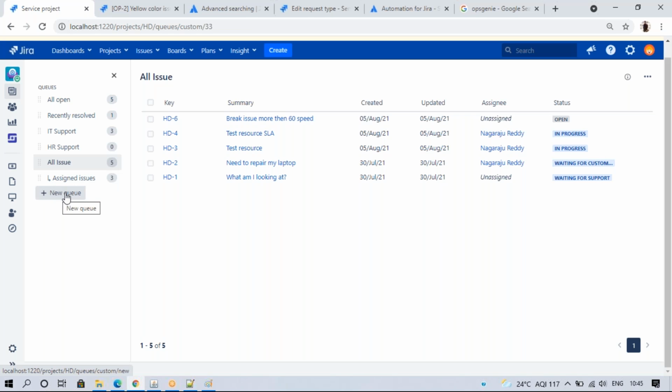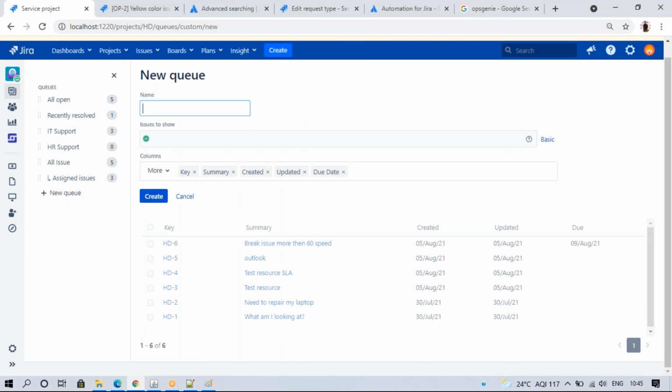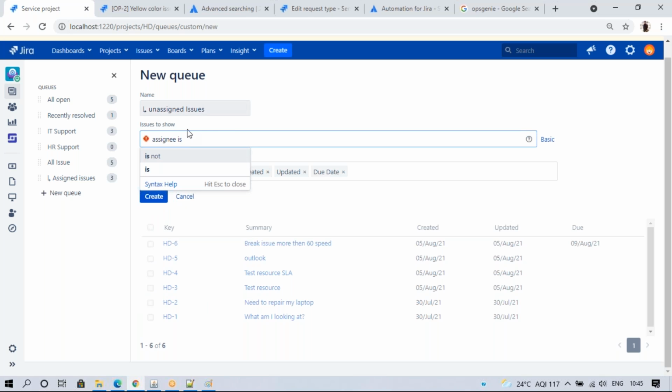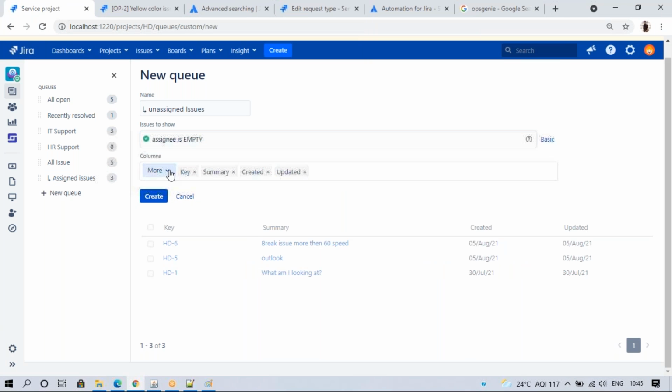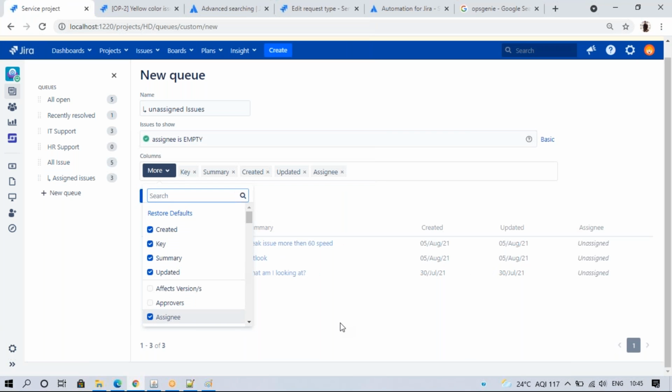And assignee is empty. Sure, it will come as unassigned.